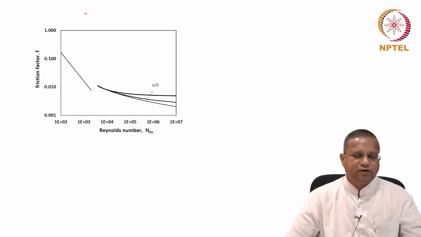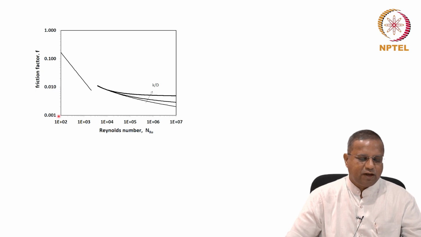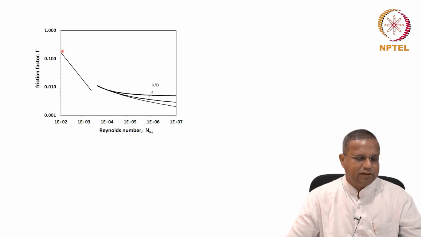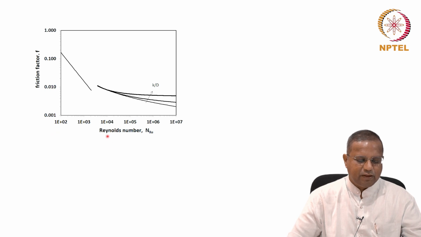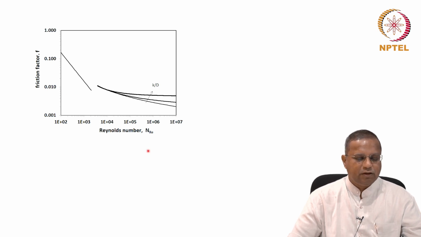So this is the friction factor chart that you will find in the appendix of many fluid flow books. A simplified version of this has been given in your textbook, just barely necessary for our own needs. Here you have the friction factor F that we have defined for the flow through a pipe on the y-axis on a logarithmic scale, and the Reynolds number of flow on the x-axis, again on a logarithmic scale. So it's a log-log plot.